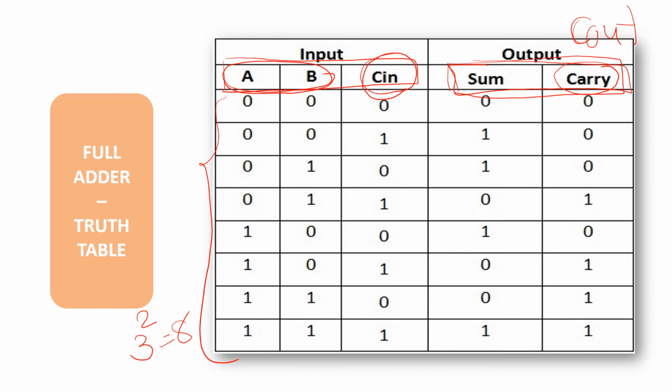Now we know 0 plus 0 plus 0, of course you will get the 0 sum and the 0 carry. 0 plus 0 plus 1, okay, so 1 would be the sum and 0 would be the carry, and likewise you can perform the addition operation on the given bits and different combinations. For this, if required, go back to the same video and watch the second last slide for how to perform the addition operation.